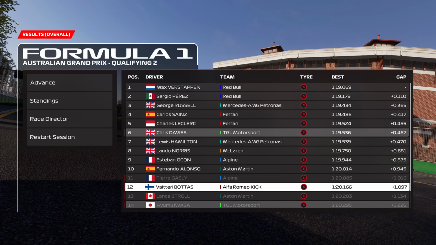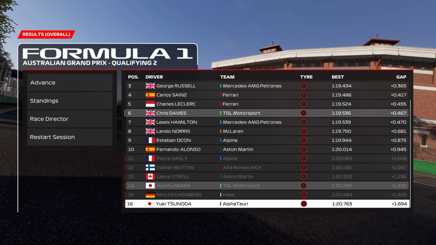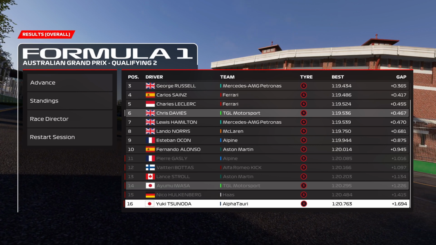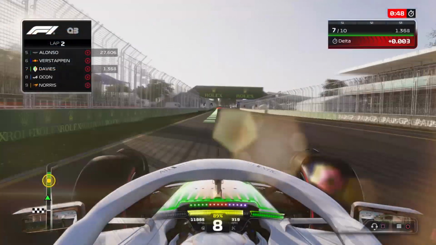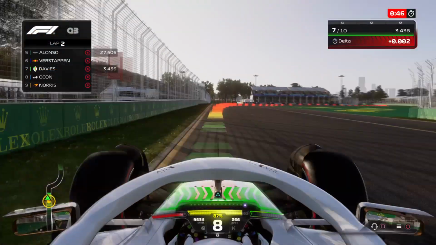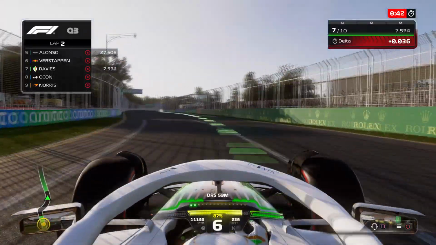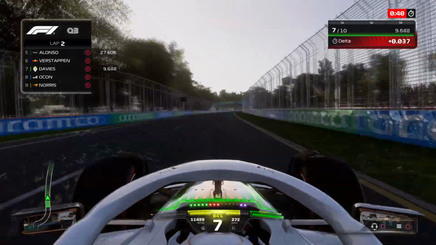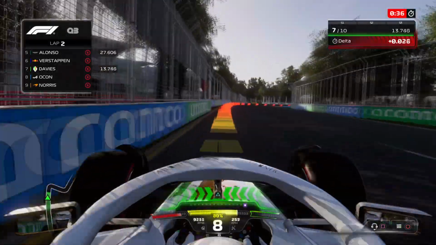Iwasa unfortunately didn't quite make it through to Q3, but it's P14 for him. I think that's a pretty decent result considering it's only his second race in Formula 1. Biggest surprises for Q3, probably Lando Norris getting up into Q3 in the McLaren. Good stuff from him. Lance Stroll once again knocked out of Q2 in that Aston Martin, which should really be in Q3, so not looking good for Stroll. As we continue on here,